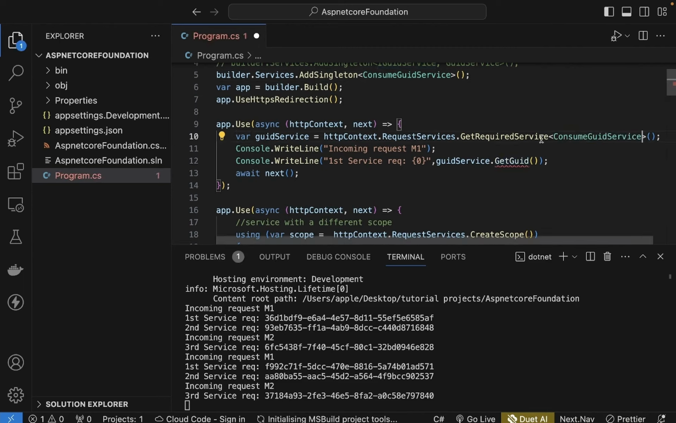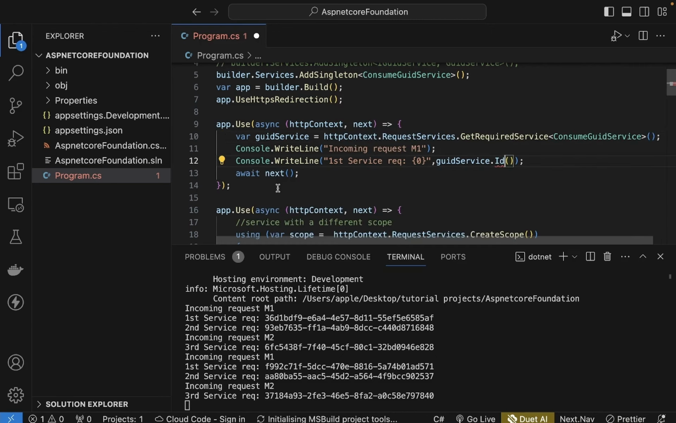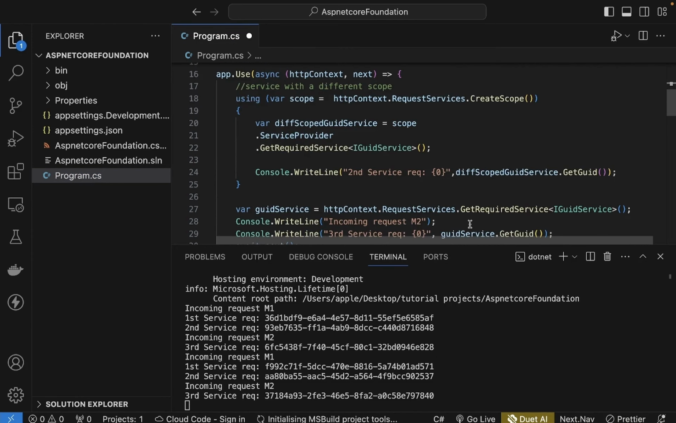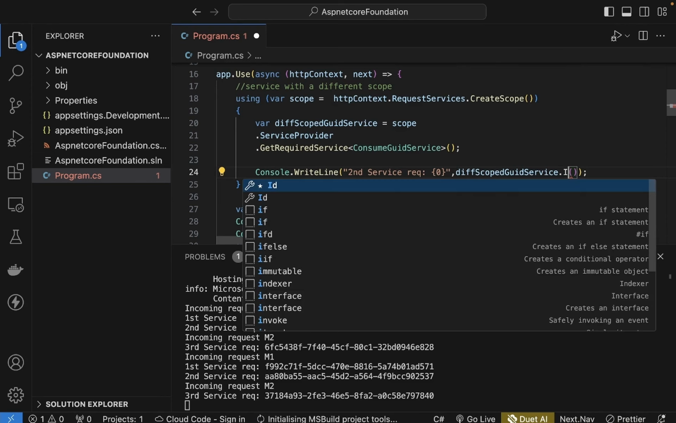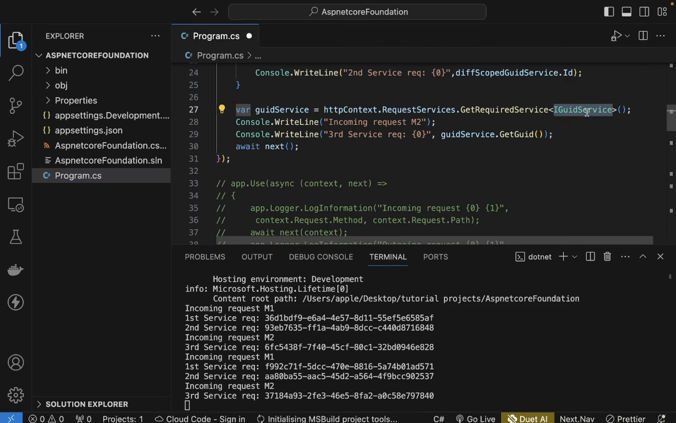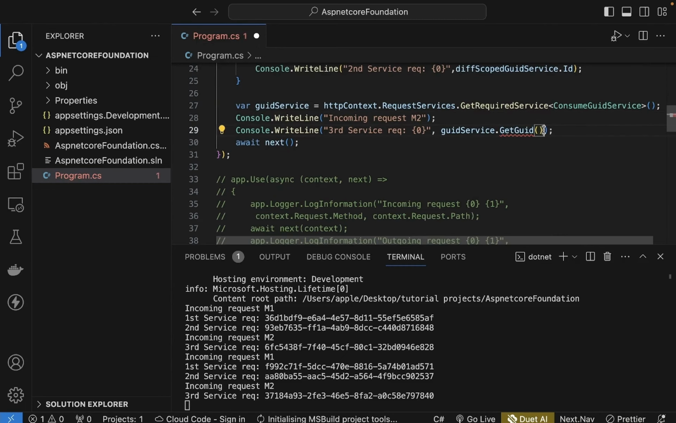I'm going to replace this with this. We're going to call the ID, the property, and not the method. So we'll just call the ID. For this, we're going to replace this with this, for the ID. Let's replace that here. So let's replace this with ID,